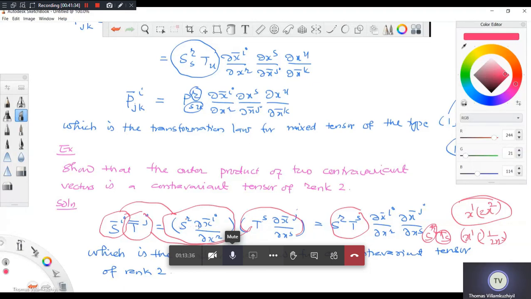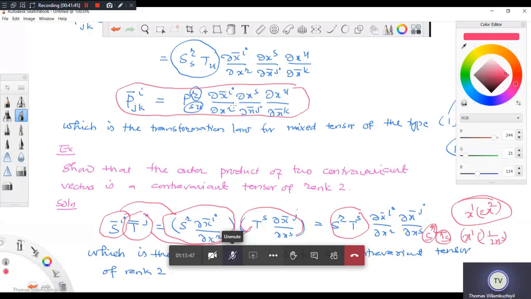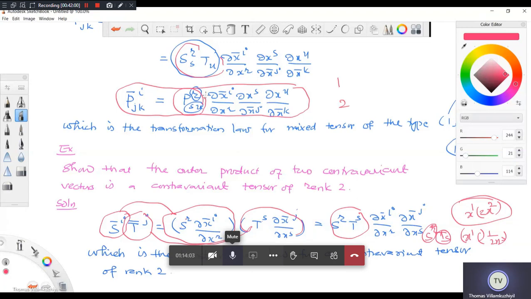It's the same, we discussed the same thing in the last class too. Why I am denoting it this way is because the transformation law is similar to that of a mixed tensor. It satisfies the transformation law, so therefore you write this is transforming like a tensor of rank 3, contravariant in 1 and covariant in 2. So that is why I can represent this quantity using this notation. That's the thing. Because of the transformation law, I denote it. Okay, we'll meet next week.